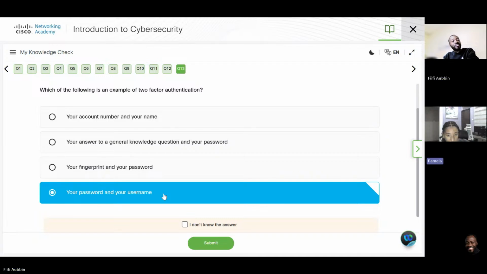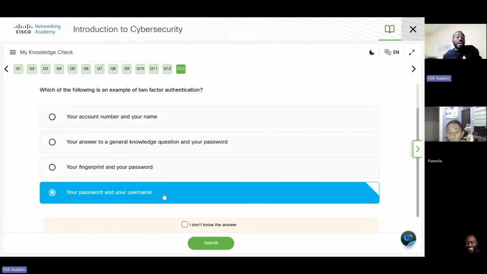I don't know if it's your account number, because it could be your answer to a general question and your password. Sometimes they tell you to select the picture that has the motto on it, or select the one that has this on it. It depends. Okay, we'll get into that.